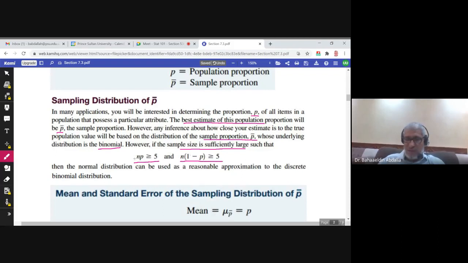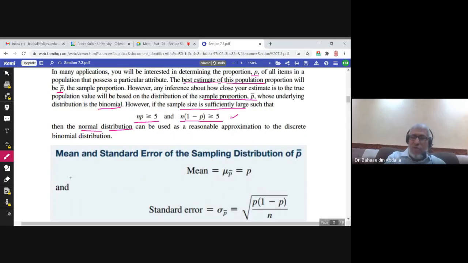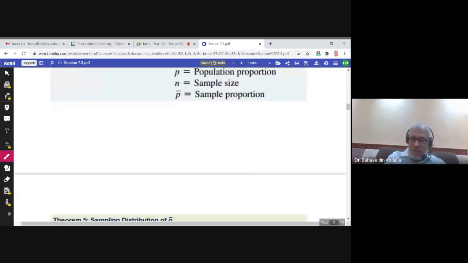If you remember, in the binomial distribution, P is the probability of success, and Q, which is 1 minus P, is the probability of failure. So if these two conditions are satisfied, then we can use the normal distribution to approximate the binomial distribution. So we will have this theorem